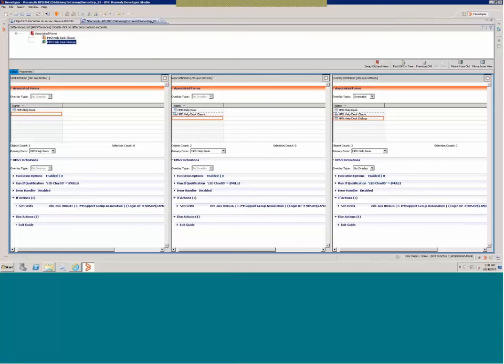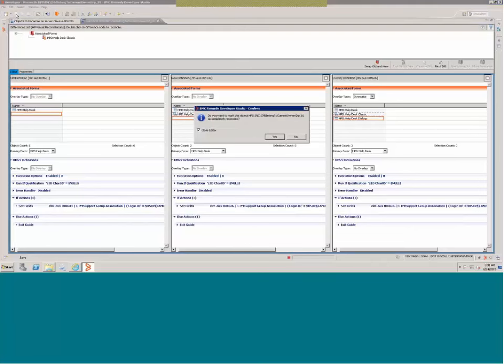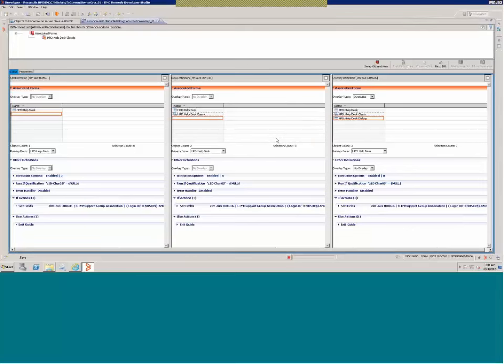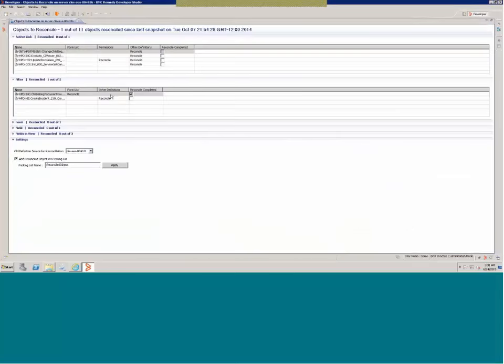And since this is not something which BMC has changed, it does not show you anything to reconcile. So with that, I'll just hit the save button since I'm done with the reconciliation. Now the tool is asking me if I want to mark this object as completely reconciled. So I'll hit the yes button. Notice that that object is now marked as reconciled here in this table.